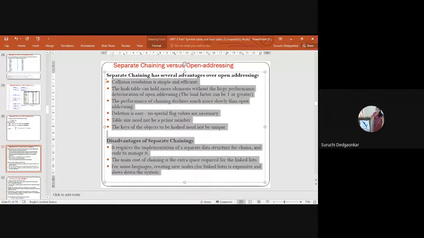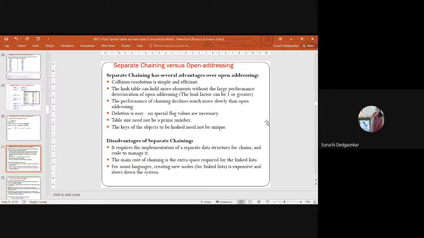So if we need faster access, faster hashing, then separate chaining is not the feasible method, and we have to move to open addressing. We will discuss open addressing in the